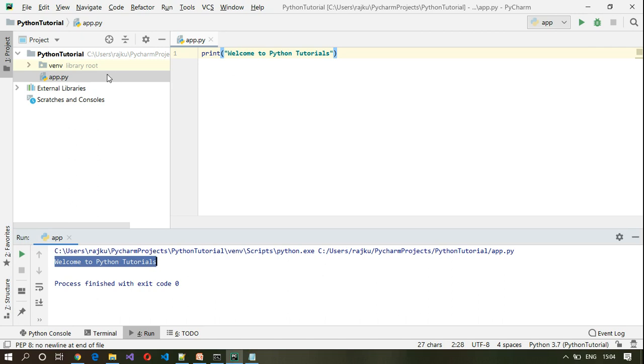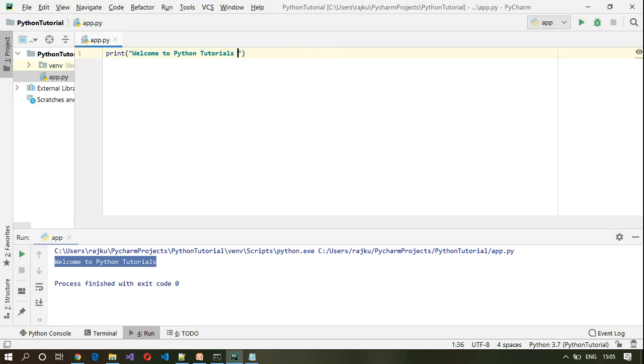Now I will not change this app.py. Whatever program I'm going to write, it will be under app.py. I'm not going to change this file name, and I'm going to make use of this run option from this menu. So let me change this to Raj Tech Trainer. Okay, so let me re-execute this.